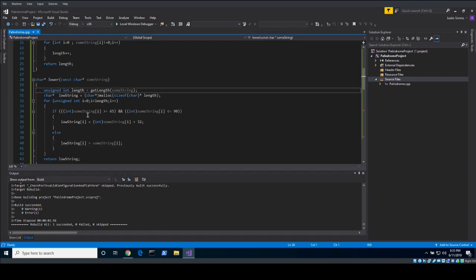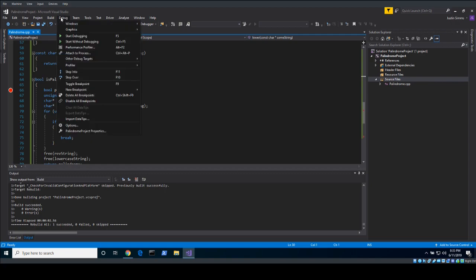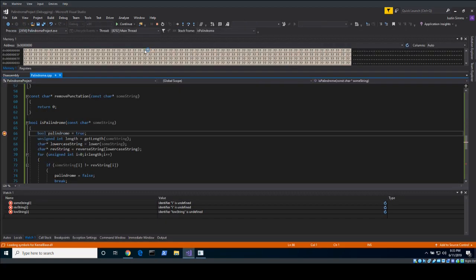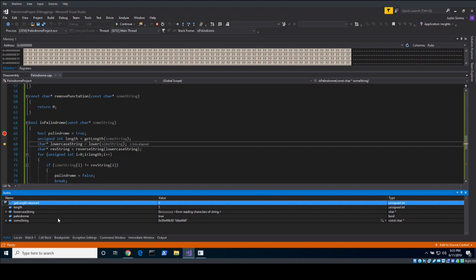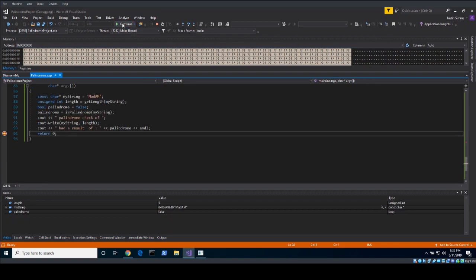Okay, so now we've done that part. Now let's go back to our buddy Palindrome and see if we have some success this time. So instead of junk, we ought to see what we expect. All right, so palindrome, length. Let's go back to the autos. Let's see, some string is madam. Lower doesn't look like junk. Okay, good, very good. So lowercase is now lowercase madam, you see. Rev string should be what we expect, and then if we continue,